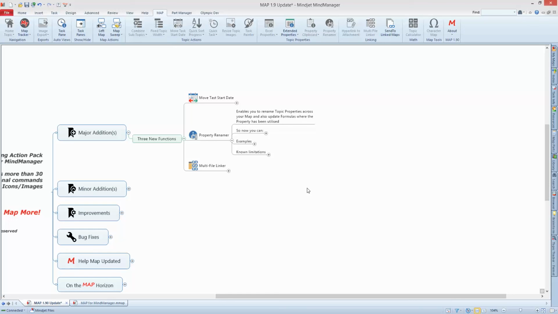The second function that we've added is one called Property Renamer. As some of you may be aware, last month's update for Map, we introduced some really cool stuff around properties with the new topic properties section here. And one of the things we found, and some of the other people that have been using Map have found,